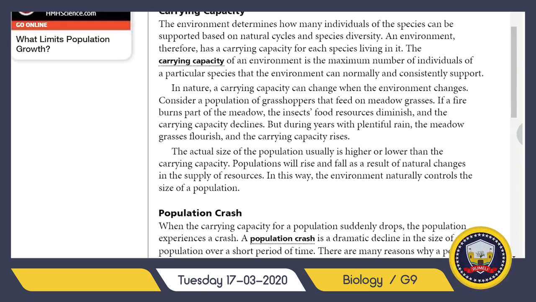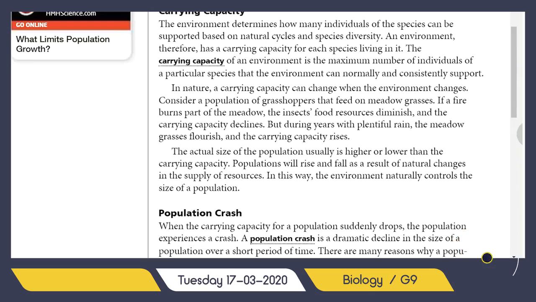Okay? Then I will ask you again, can we fit 50 people inside that room comfortably? You will say absolutely no. So the carrying capacity of your classroom is 20 people. And this is what carrying capacity is. The carrying capacity of an environment is the maximum number of individuals of a particular species that the environment can